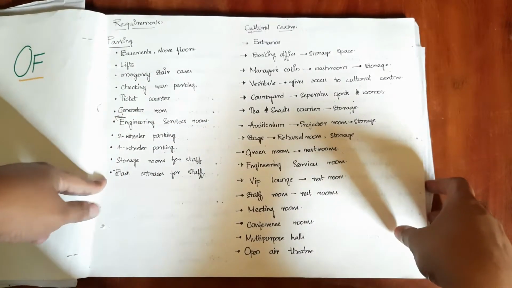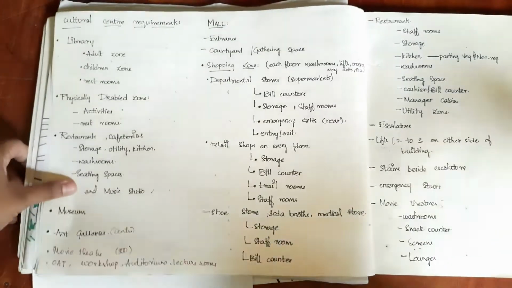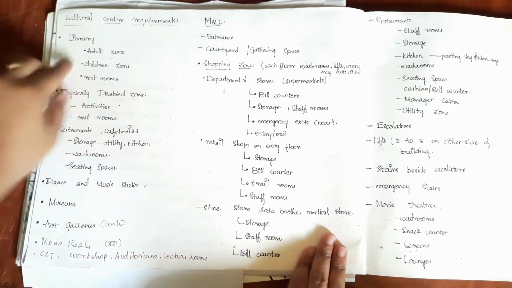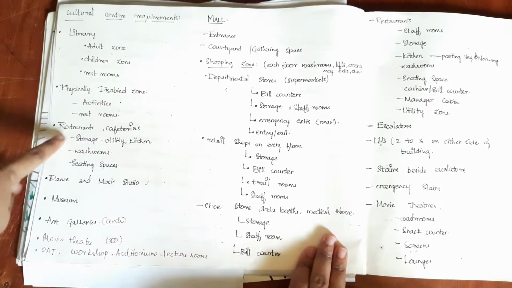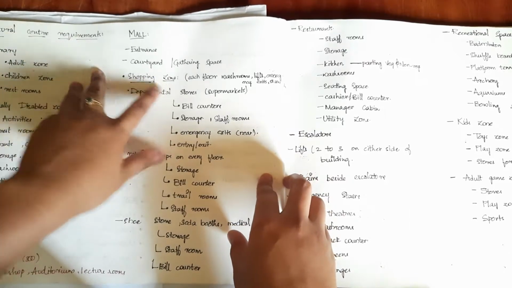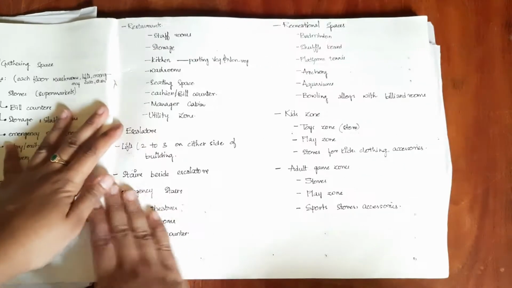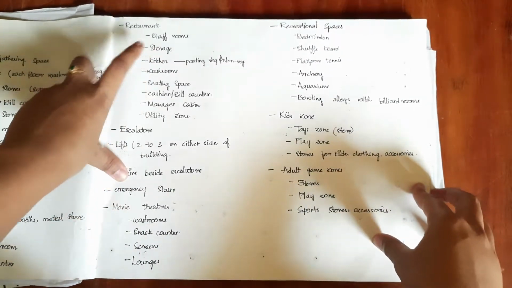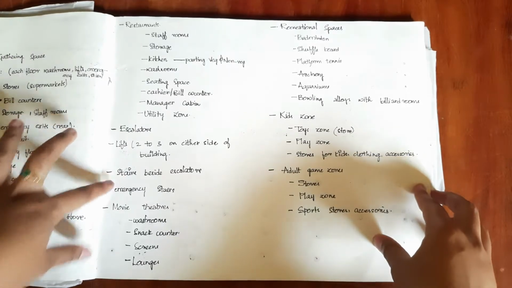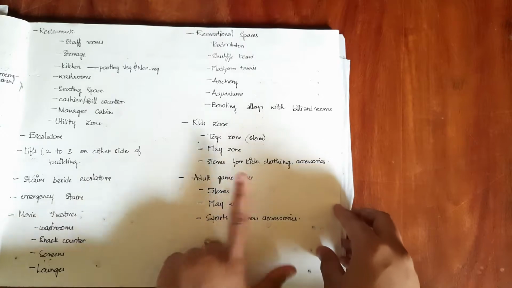I wrote down every single thing in the requirements, what all needs to be there, because I don't want to miss out anything at the end of the day. I wrote down everything, and I used to check whether I had provided each item or not while designing. So the requirements of the cultural center and mall were included here. For example, a mall requires proper escalators, fire exits, restaurants, retail spaces, how many retail spaces should be provided, recreation areas, etc. I thought of giving everything, and I noted everything.